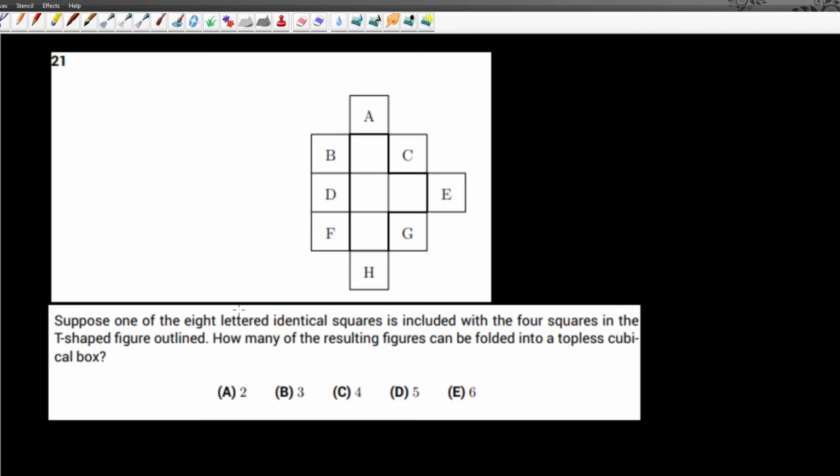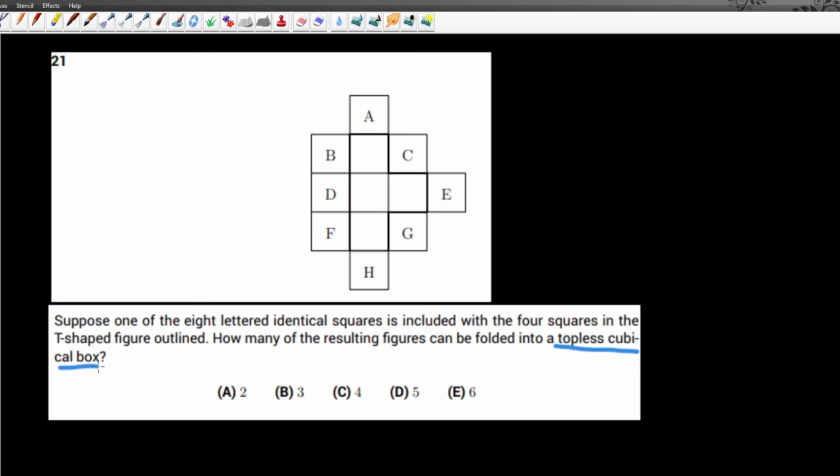Suppose one of the 8 lettered identical squares is included with the 4 squares in the T-shaped figure outlined. How many of the resulting figures can be folded into a topless cubical box? So what it's asking is that they want one of these 8 lettered squares to be folded into the final box, and it's asking how many of these can be folded into a topless